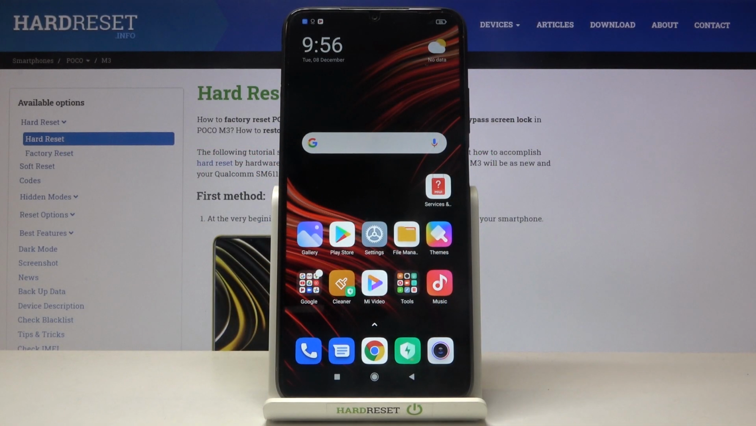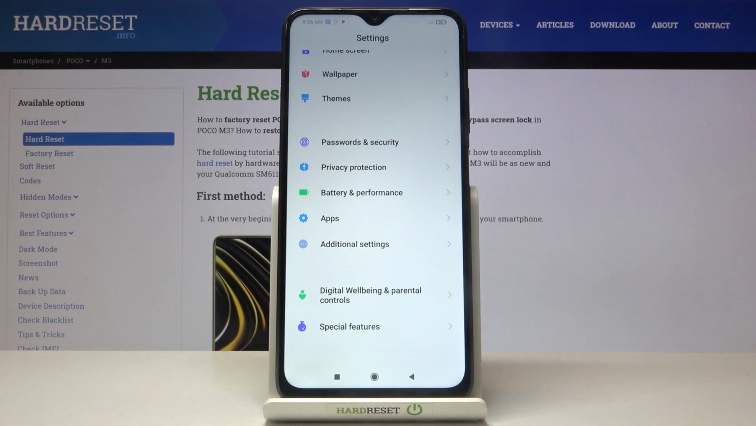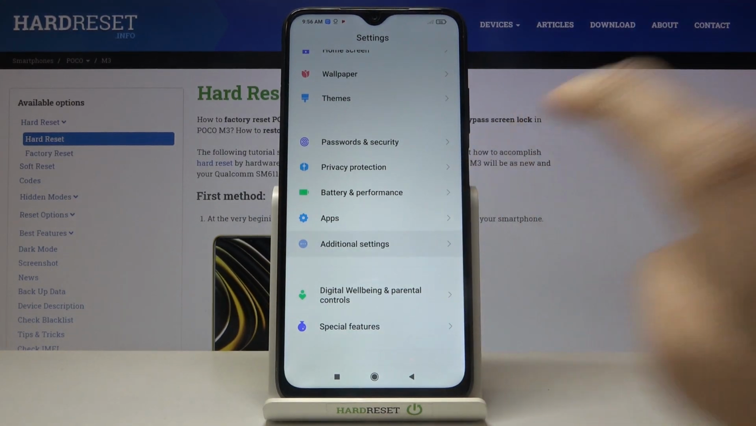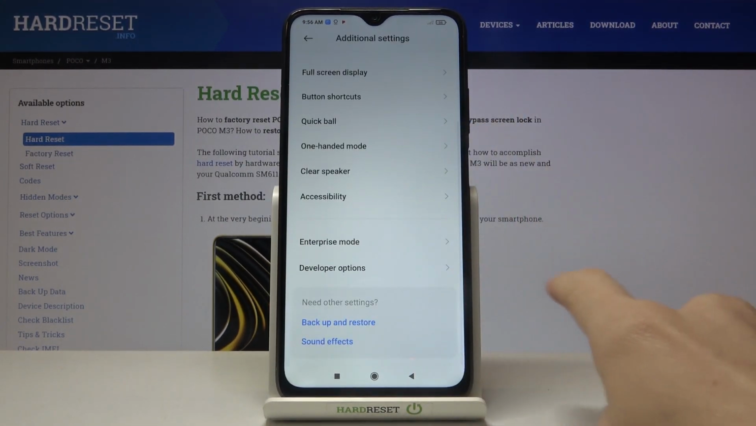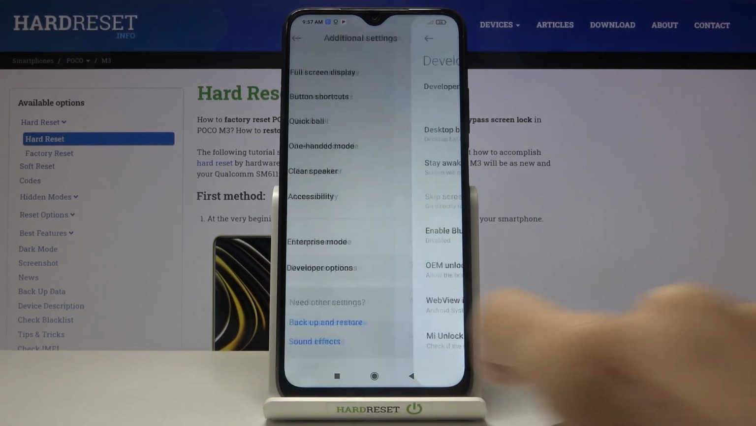In front of me is POCO M3, and let me show you how to activate demo mode on this device. First of all, you need to reach the settings, then find and select additional settings, scroll down and open developer options. If you cannot find developer options right here, just take a look at our tutorial on how to unlock developer options, smoothly perform the operation, and then you will be able to locate it under the additional settings